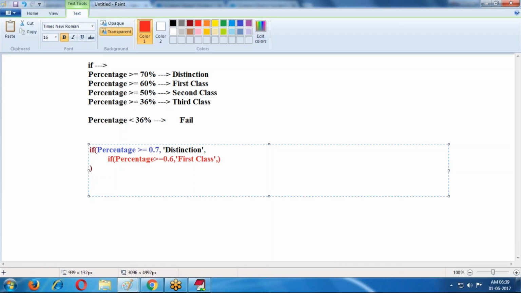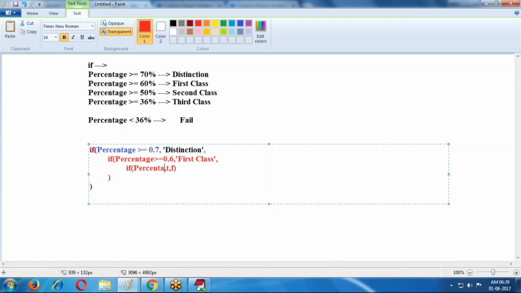In the case of a false condition, once again I am writing an if condition. In the if condition, once again logic, true value, false value. What is the logic value?